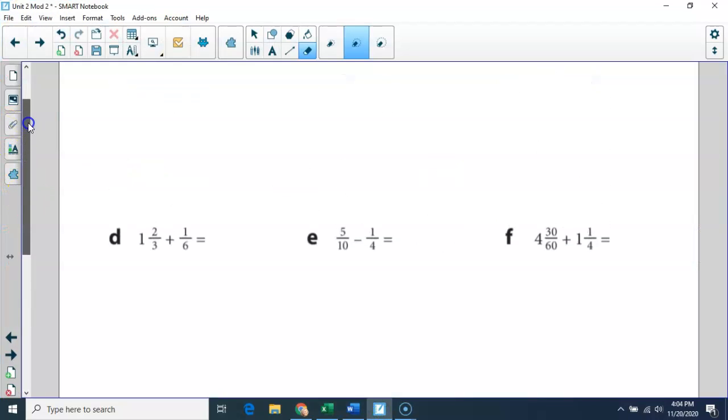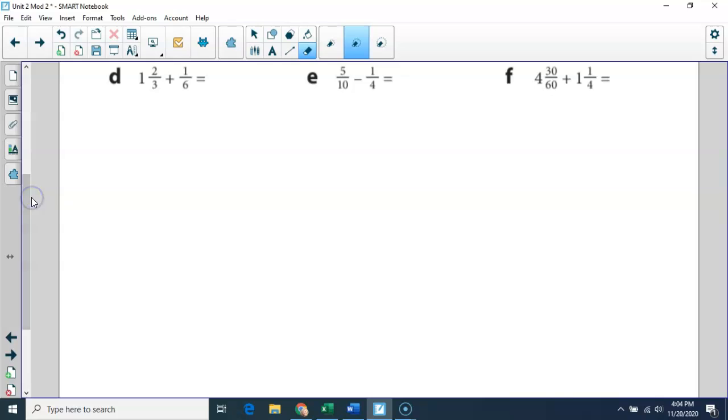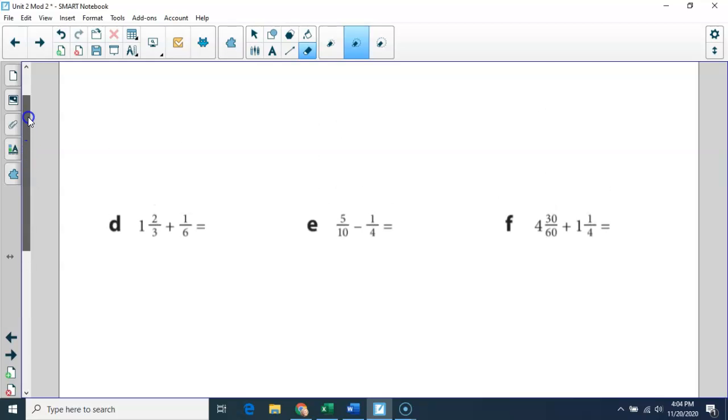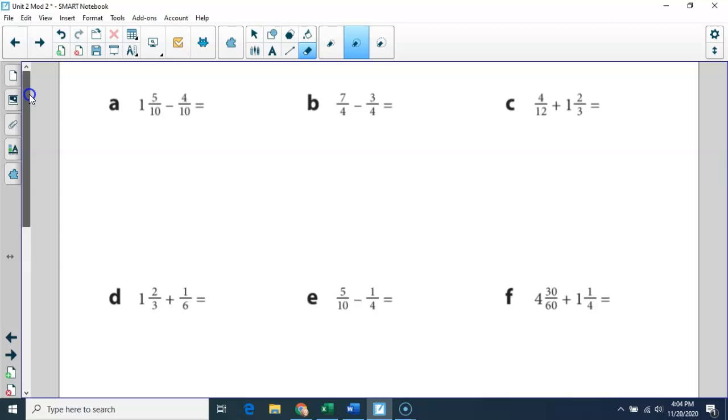Okay, you are going to need your home connections book. So push pause, go grab your home connections book. All right, now that you've got it, turn to page 27, and you're going to notice you were supposed to